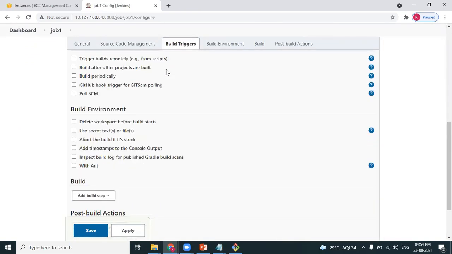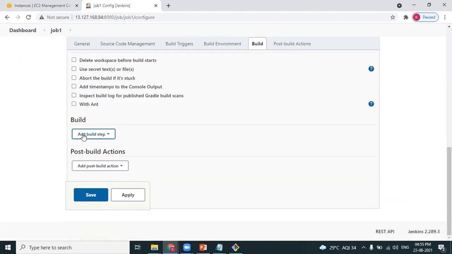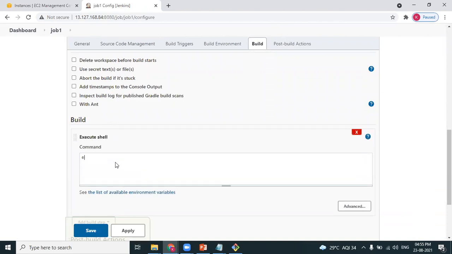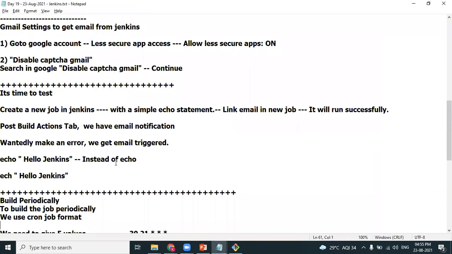Go to the build tab, add build step, execute shell, just writing a simple echo statement.